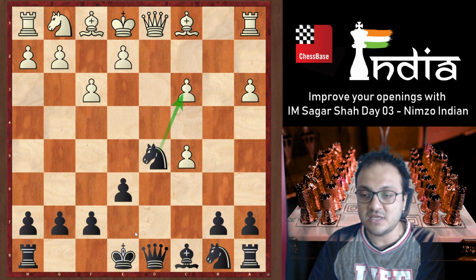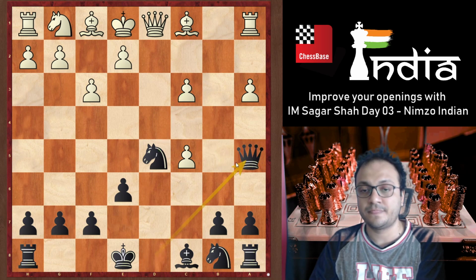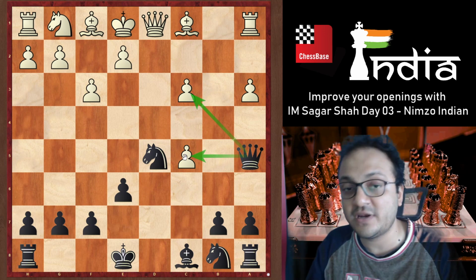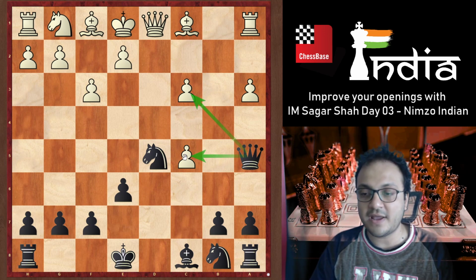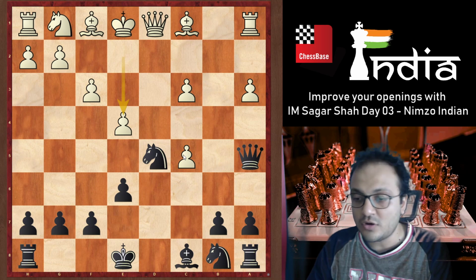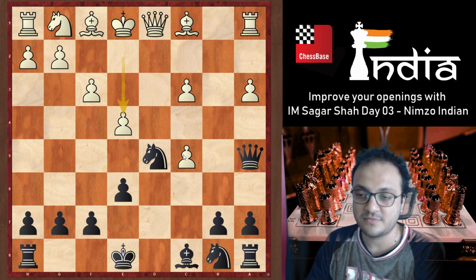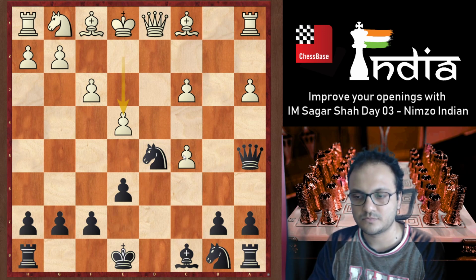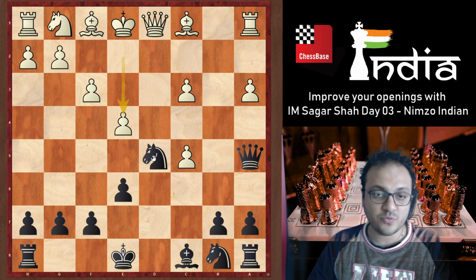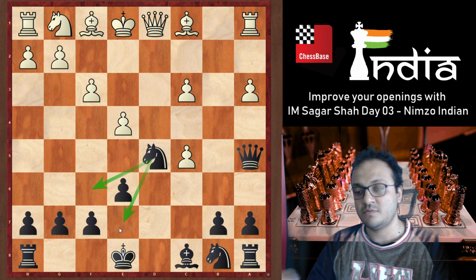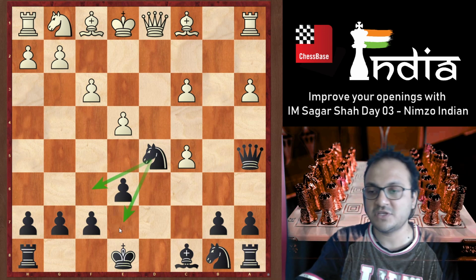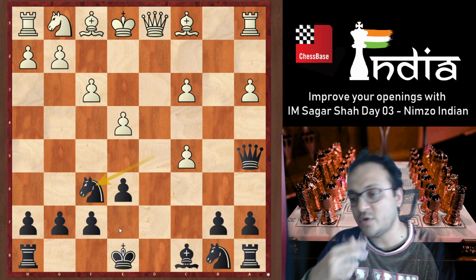The right answer is queen to a5, attacking the c3 pawn, also the c5 pawn. Don't know which one I want to take, but I just developed my queen to a good square. e4, and where should I go back with my knight? Here the knight can go back to two squares, knight f6 and knight e7, but the one which I recommend is knight to f6.